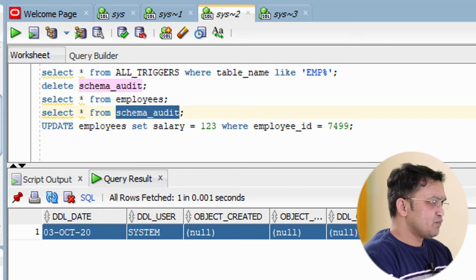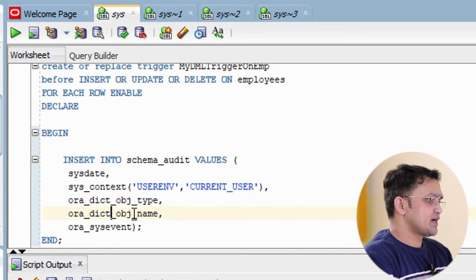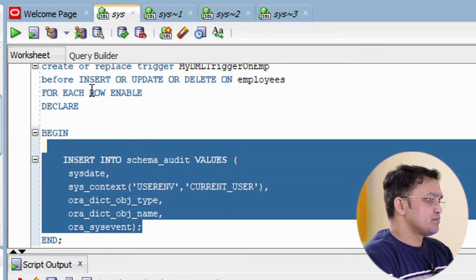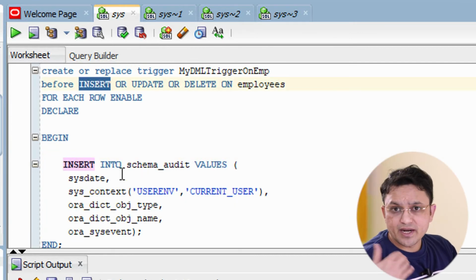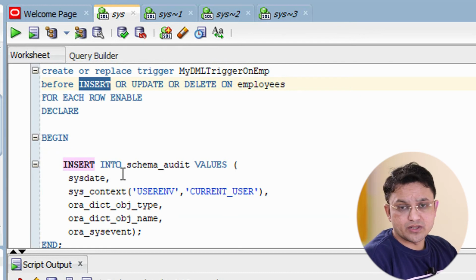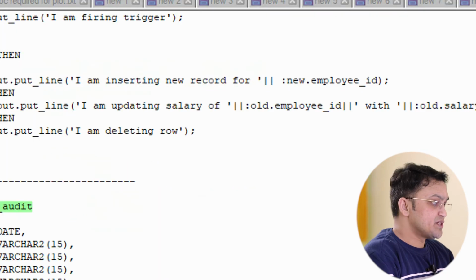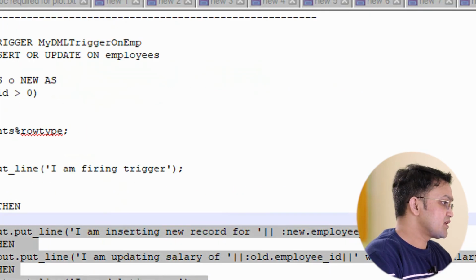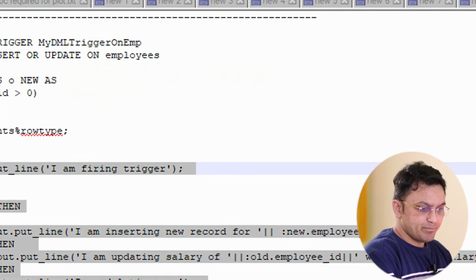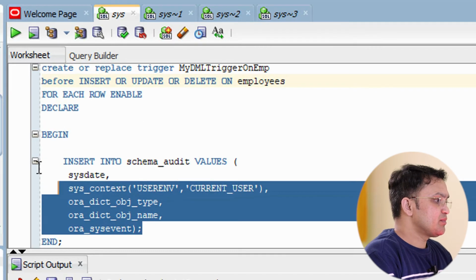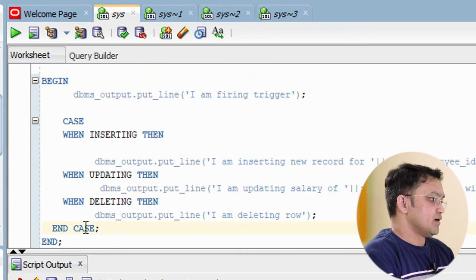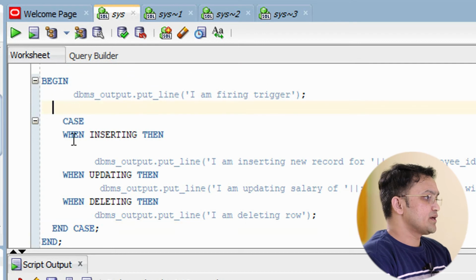One more thing I wanted to tell you guys is that based upon the operation you can also write the logic of your trigger. Let me show how you can write that. I will just copy paste this, and in the same program let me change the definition.